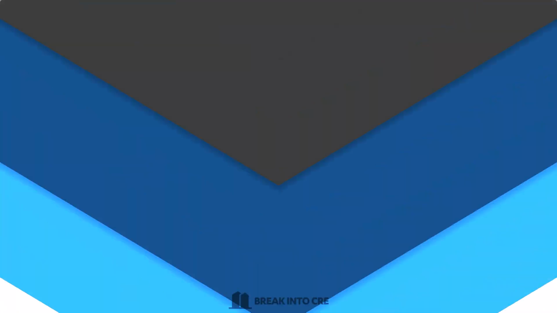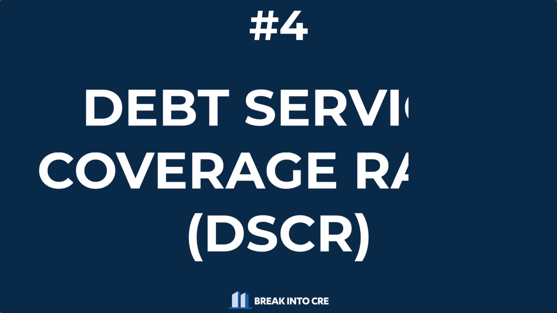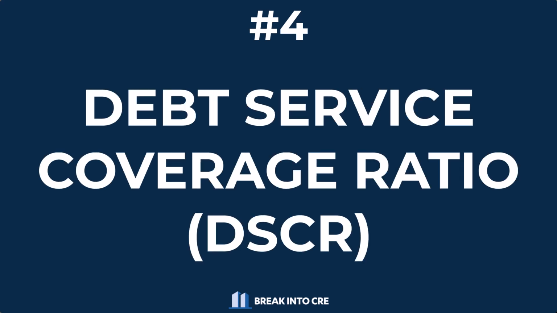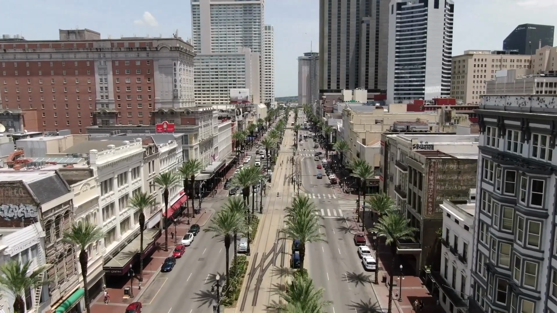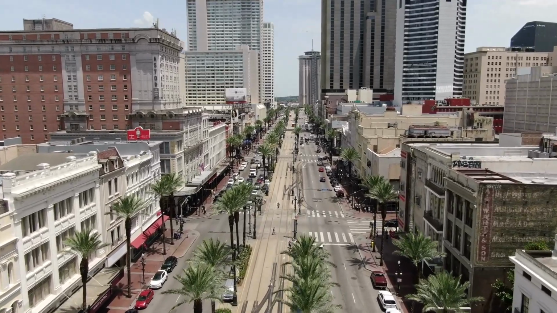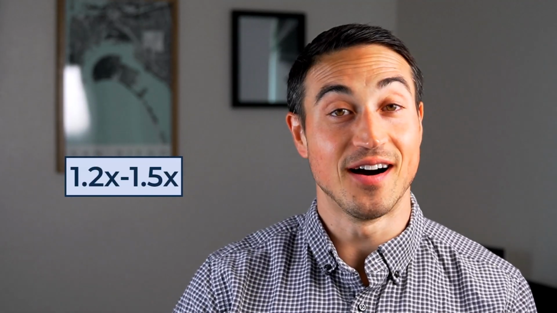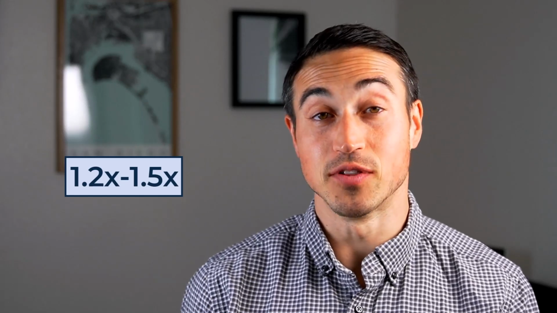Now, finally, we have one more loan constraint that's also dependent on the NOI a property can generate, and this is the debt service coverage ratio, or DSCR. The DSCR is calculated by dividing the property's annual NOI by the annual debt service owed to the lender, and this essentially measures how many times over a property's income can cover required loan payments. Minimum DSCR requirements for lenders usually fall between about 1.2x and 1.5x, again depending on the business plan, the property type, and the type of loan product, but this is one of the most heavily relied upon metrics for lenders sizing loans on existing